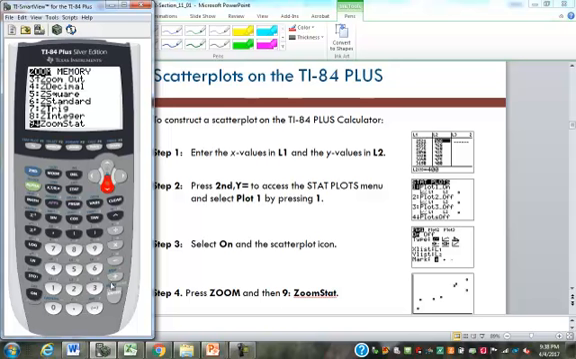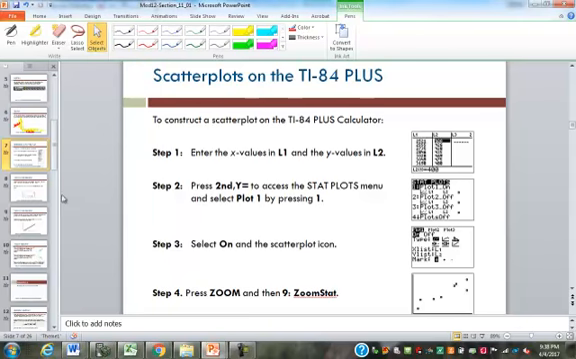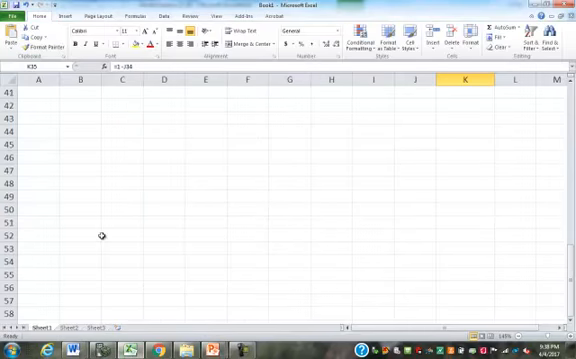Or zoom stat, I should say, not standard. Zoom stat for option number 9. So it gives us that statistical zoom for a scatter plot. And you can see there's our scatter plot, just like pictured here. If I wanted to do this in Excel,